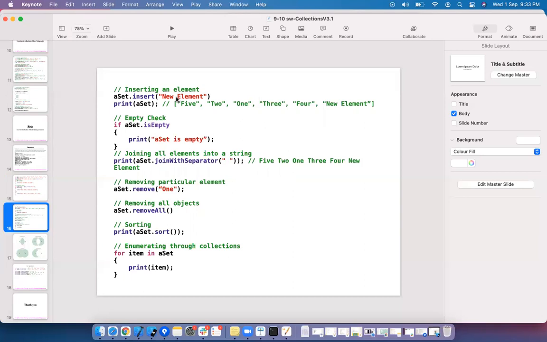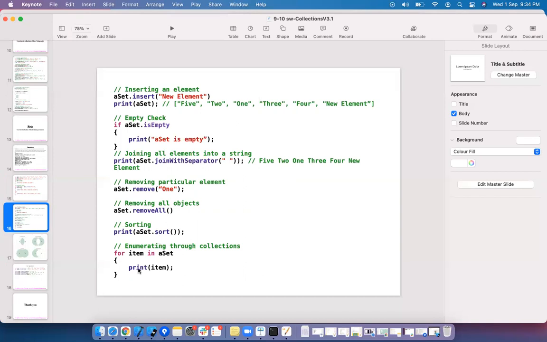In case of array, to insert any element, we have to use the index. In case of dictionary, you have to have the key. Here, there is no key and no index because set elements do not have any index or key. And to remove a particular element, you have to use the object name here; to remove all, use removeAll.